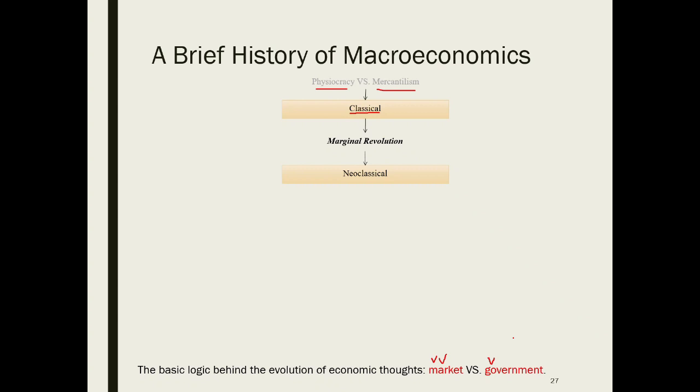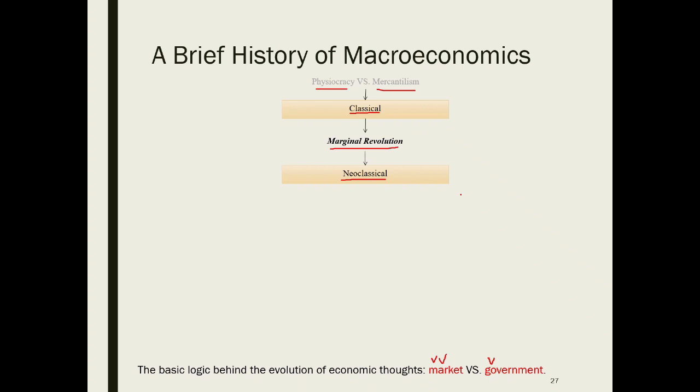Capitalism started to surge since then, and the industrial revolution made human society prosper. In the late 19th century, some very smart economists mathematicalized economics into quantitative models, which was called the marginal revolution. It gave birth to the so-called new classical economics. The difference from the old classical is the use of mathematical models, which became the dominant mainstream school of thought in the beginning of the 20th century.